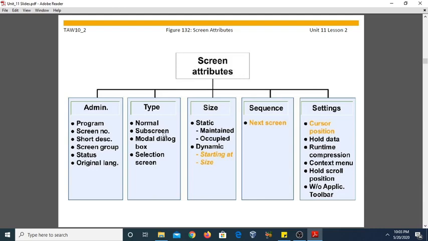Second is subscreen. If you want to show your dialog box, then this is another type of screen. Selection screen we have done in the last unit, lesson number 10, unit number 10. The screen size you can also change statically or dynamically. Sequence you can change. Next screen you can also specify statically, or further you can change it dynamically through the coding. Another is setting. A number of settings are there: hold data, cursor position, all of these you can define in the screens.